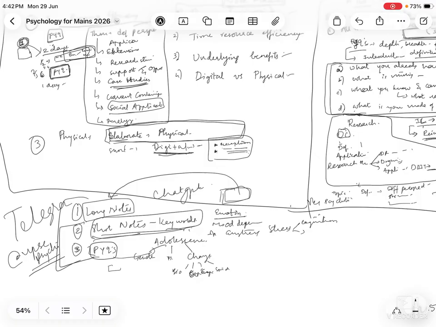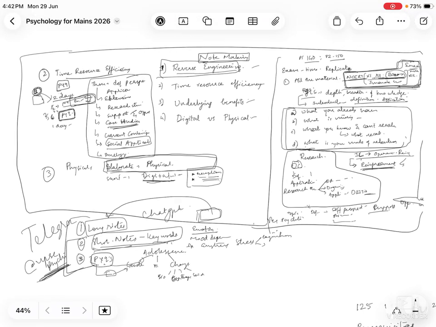एक topic से कितने questions आए, सब topic से कितने questions आए, उन questions में क्या क्या dimensions of that topic, sub topic were covered, उसके basis में PYQ notes बनाया. So you can refer to them in my Telegram channel. I have uploaded them as much as I have made them. So yeah, this is about note making.